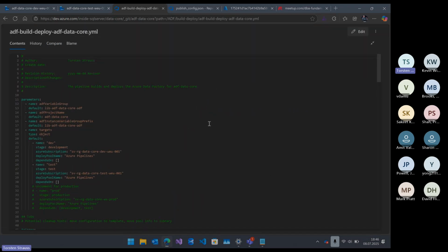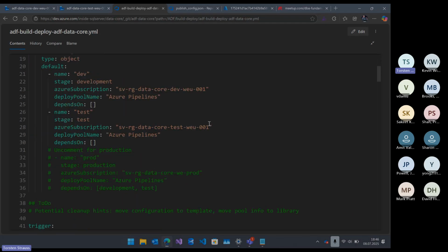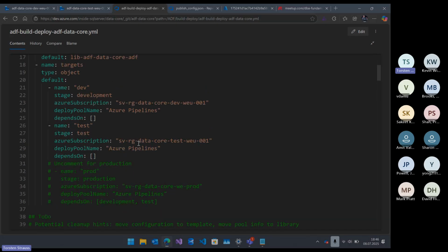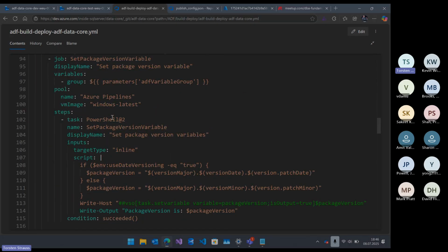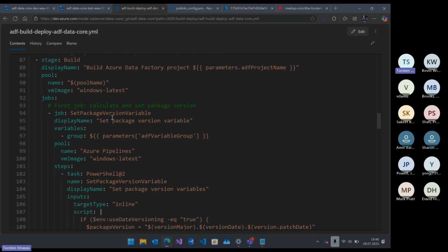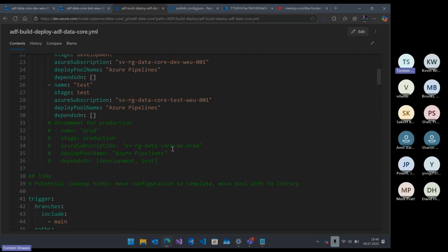So what you can see here is a great way, not because I created the pipeline, but I really like the idea and the possibilities you have within YAML. So what you can do is, for sure, we are not going into detail, so I'm not explaining every single code line. I just want to give you a rough understanding of what the pipeline is doing and why it is so flexible and